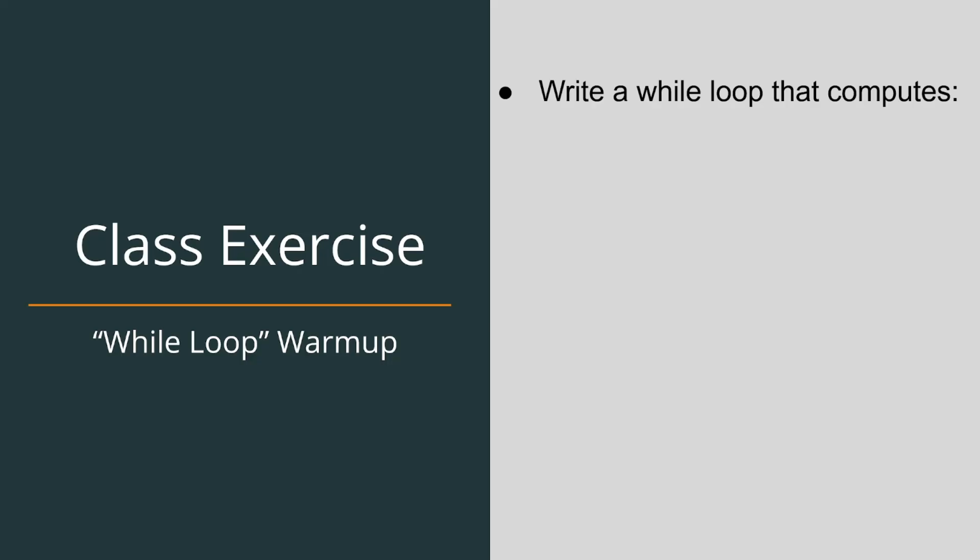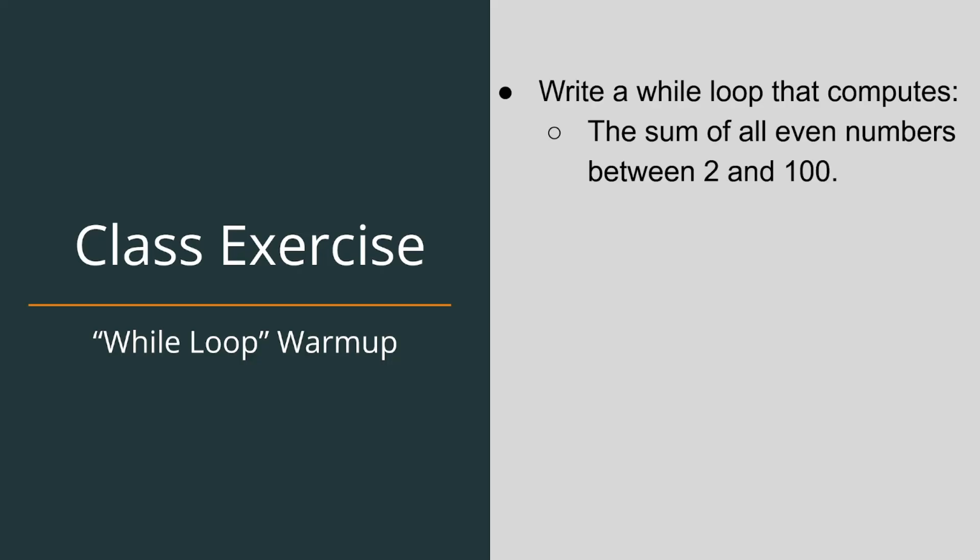You can do either of these loops. I would start off with the first one. Once again, the goal of this loop is to see if you can make a number bigger and bigger. So for this first exercise, write a while loop that computes the sum of all even numbers. This is saying write a while loop that calculates 2 plus 4 plus 6 plus 8 all the way to 100. So if you add those up, it's going to give you some number. If you could simulate that in a while loop and print out the result, that would be the